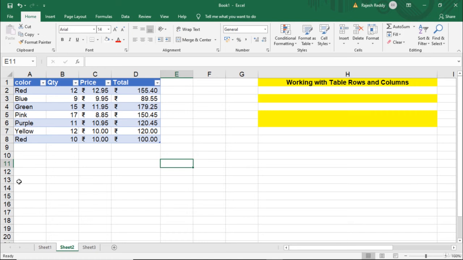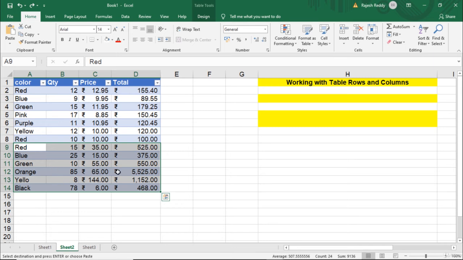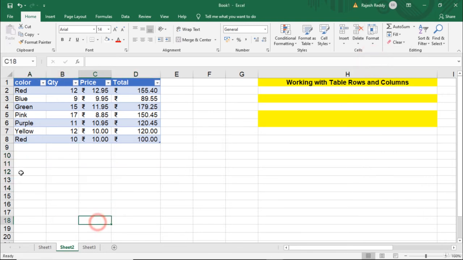This is one way to delete table format. Or we can use this option. Once we have selected the rows to delete, go to this delete menu, select this delete sheet rows. See, automatically all rows get deleted. So this is another way to delete rows in Excel.